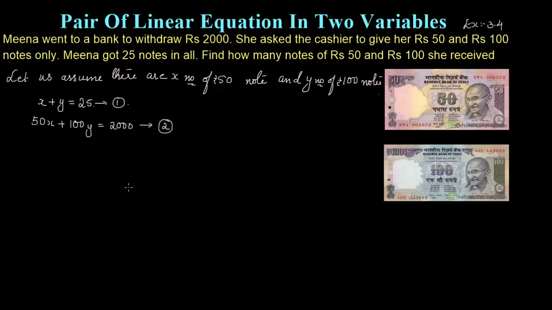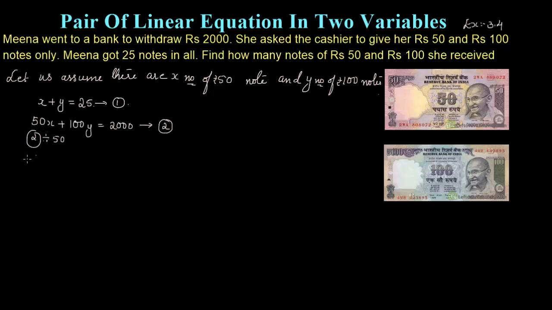Right? So you got your first equation, you got your second equation, but you can observe the second equation has a little bit big numbers. So let us reduce it a little more. If I divide this equation by 50, you can keep it as it is if you want, but always try to get the equation in the reduced form. Otherwise, while solving it, you may feel it a little bit difficult. Fine. So if I divide this second equation by 50, how much will I get?